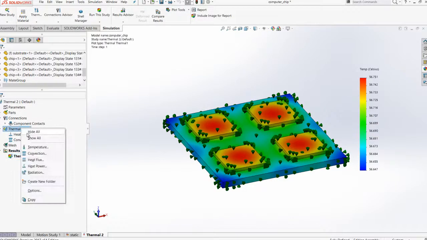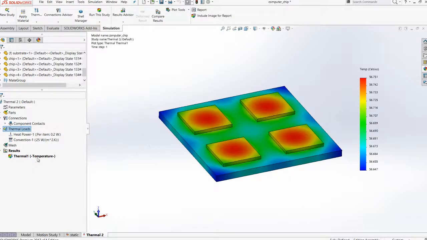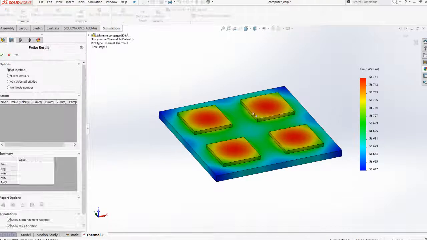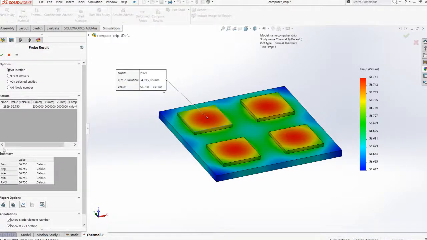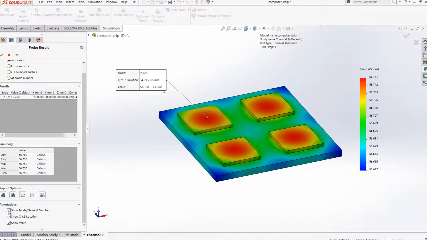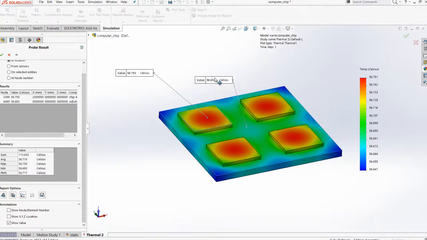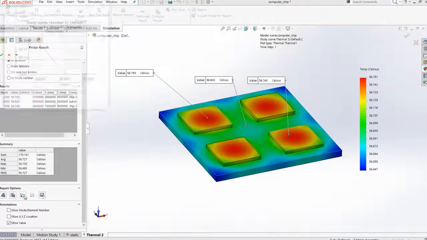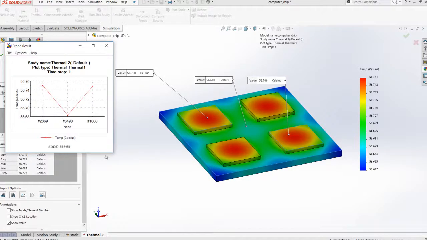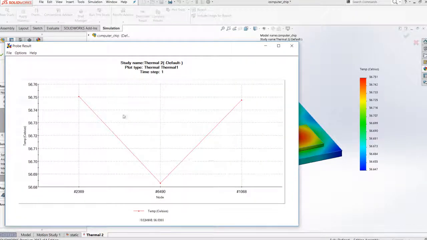I'll hide all the loads here, and here you can probe at different locations, and I can even hide the node and the location so that it displays only the values. 3 or 4 different values I can select, and then I can click on the graph. It shows how the temperatures are varying between the 3 different nodes,